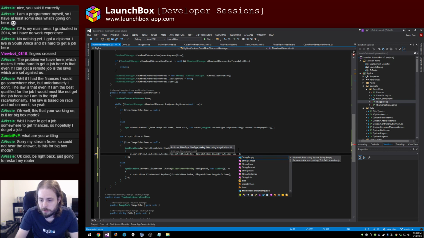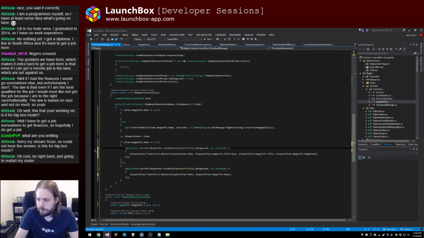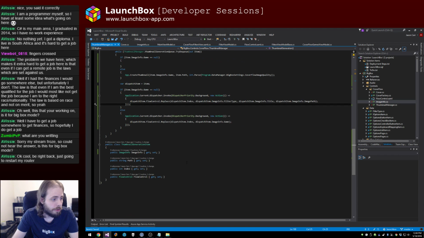Oh, we have the index first. Filter type, then title. Dispatch item.ImageInfo.FilterType, title. Wait a minute. Title. Dispatch item.ImageInfo.ImagePath. There. So now,